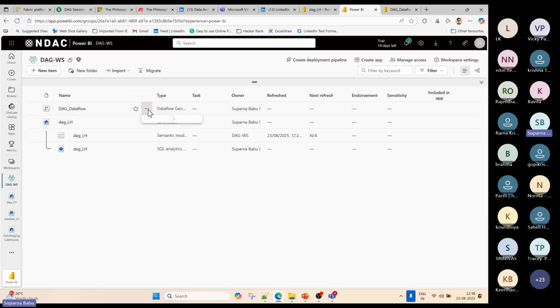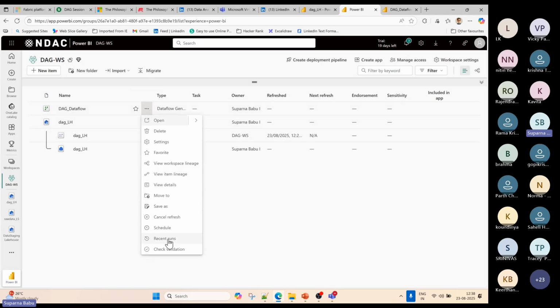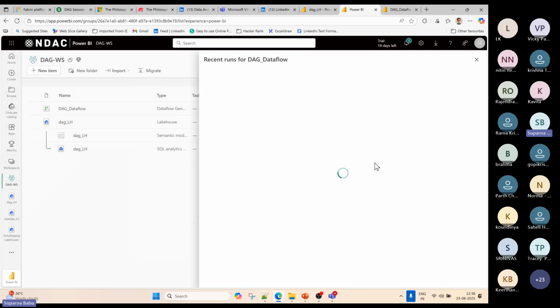Anyhow, no problem. I'll go to these options and click on recent runs. Now here you can see the refresh status. It is in progress. Let's wait, it won't take more than 1 or 2 minutes. If you want to see the status, click refresh.